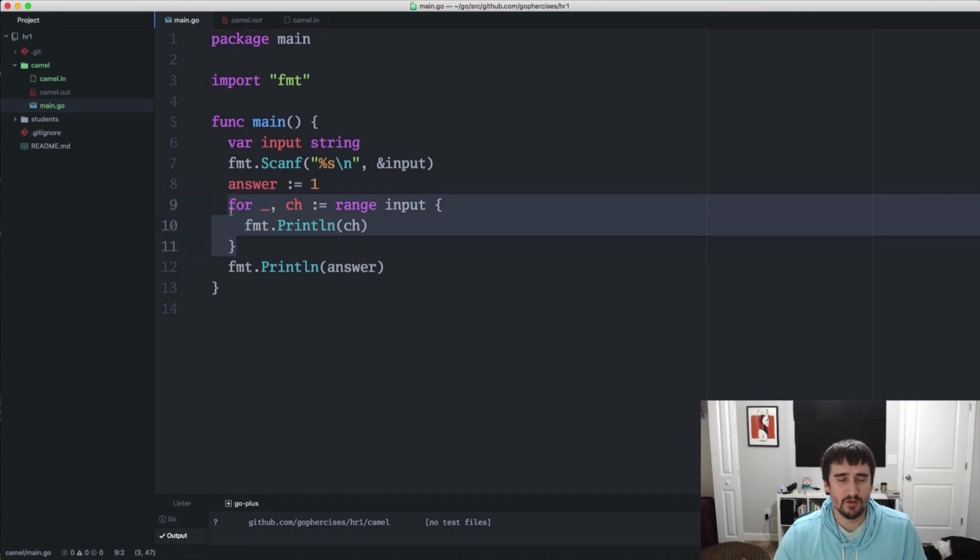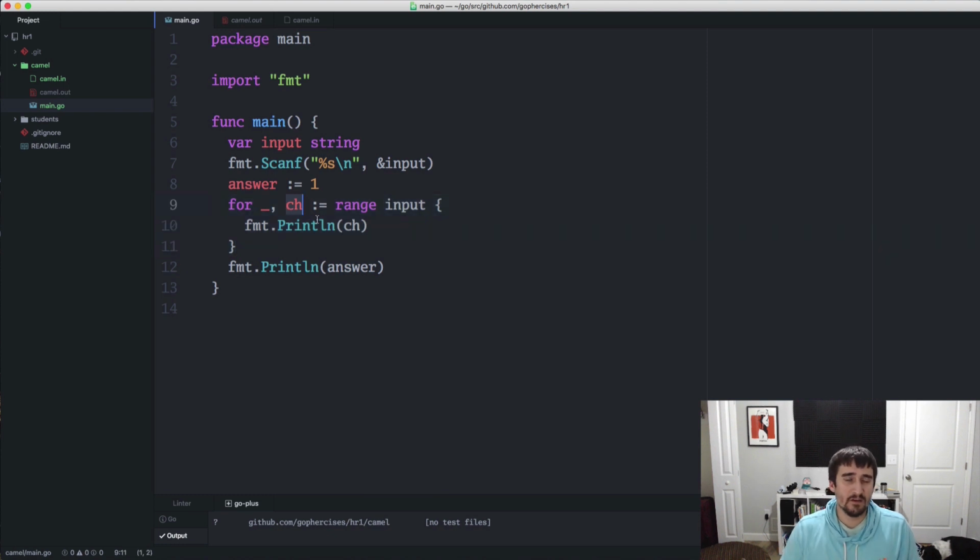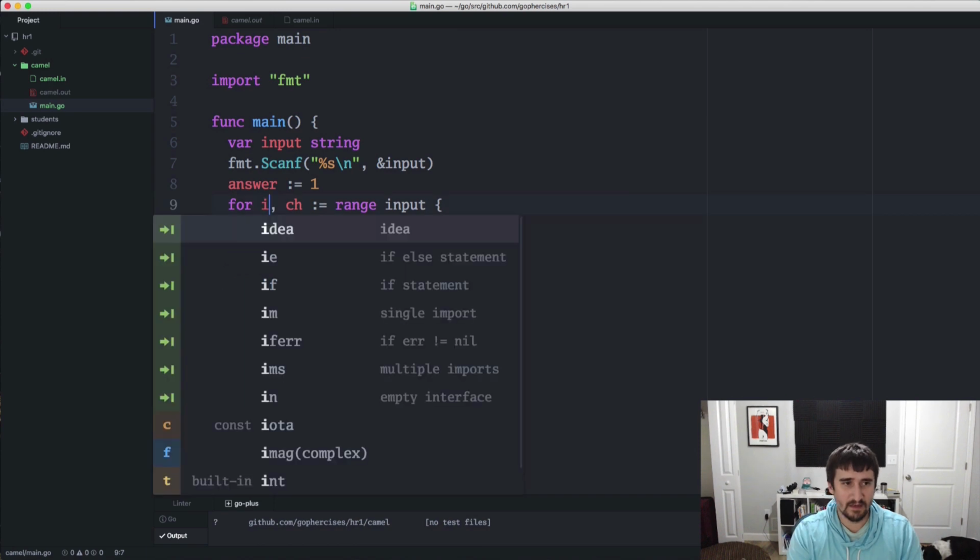Whenever you do this for loop over a string, every one of these chs you get back will actually be a rune, based on UTF-8 encoding. It'll go through the string and figure out which one is a rune. So a rune is a little bit different than a byte in that not all UTF-8 characters are a single byte. Sometimes they can be composed of a little bit more than that, like emoji and things like that might be composed of more things. So what this is doing is it's going through that entire input string, and it's figuring out which of these are runes or characters in the UTF-8 standard, and it's going to assign them to the ch. So what that means is if we were to actually look at this index, this i part here,